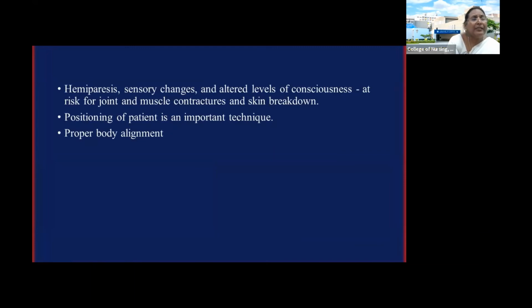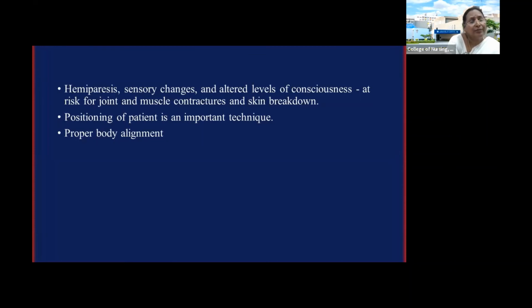Now, hemiparesis, sensory changes, altered level of consciousness, all these put patients at risk for joint and muscle contractures. It is also called disuse syndrome. If you don't use a limb for some time, it goes into contracture. For example, if the foot has lost its tone, the foot will go into the plantar flexion position,